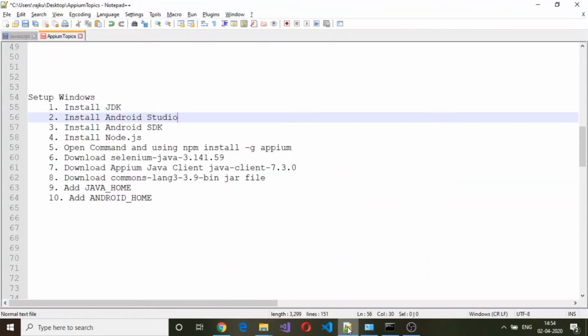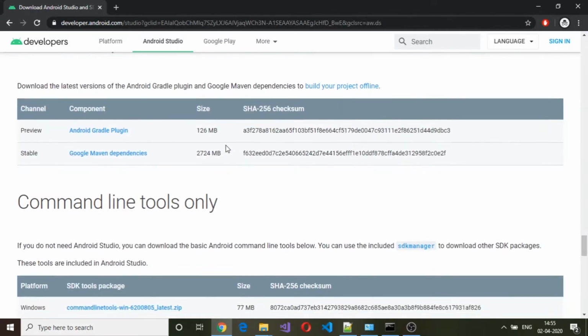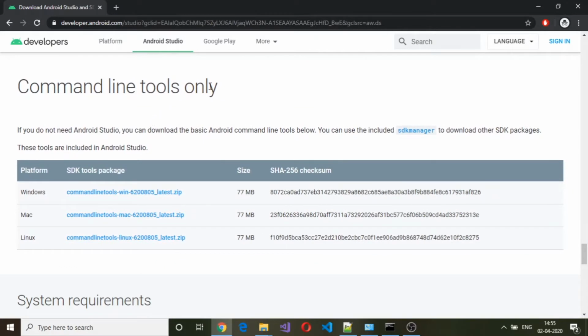And the next step is to install Android SDK. From the same page where you have downloaded Android Studio, if you go further down, there is a section called Command Line Tools only. And from here, we have downloaded the SDK Tools package for Windows platform.